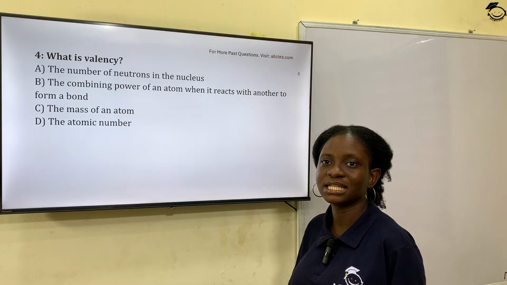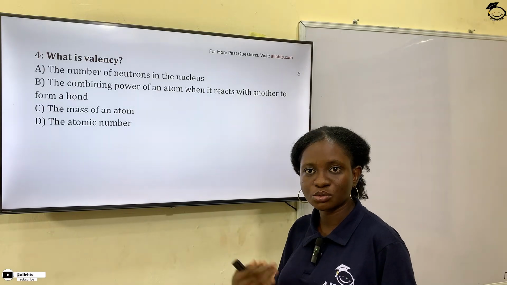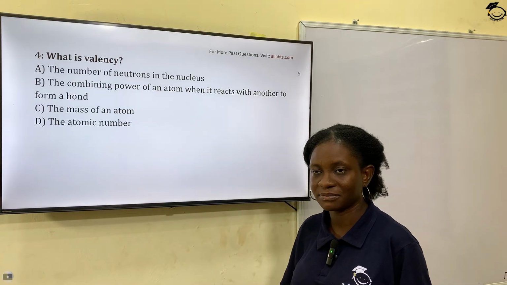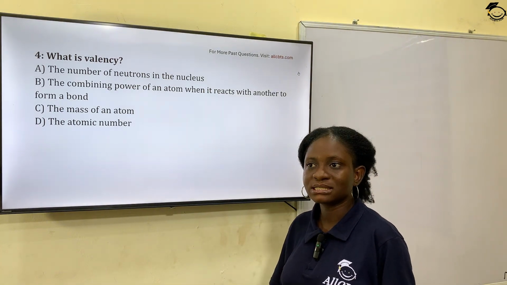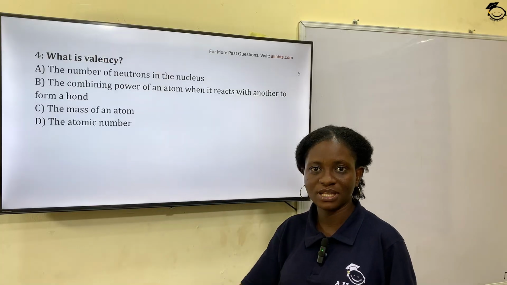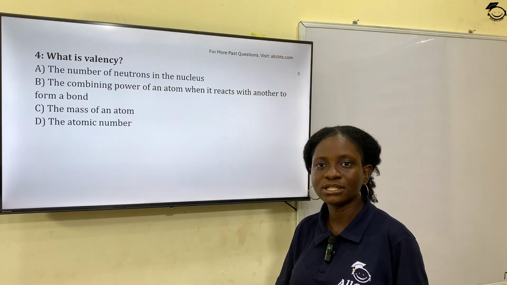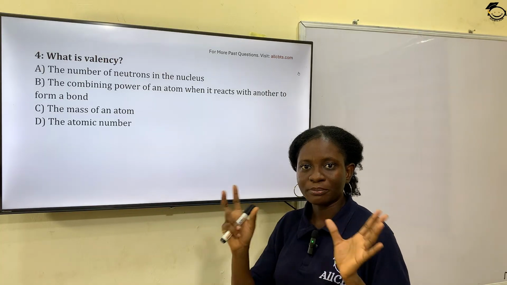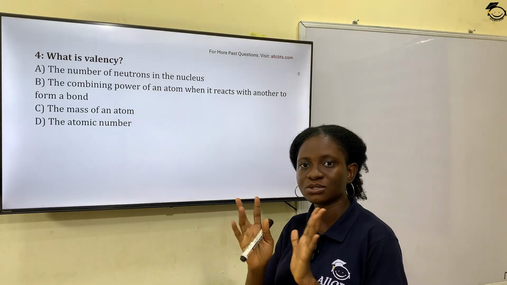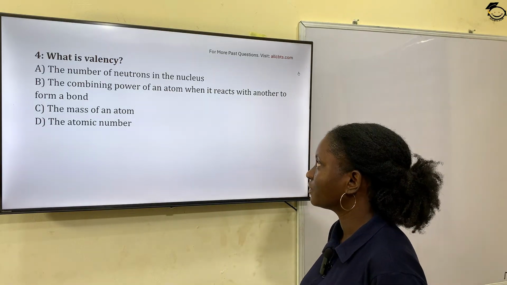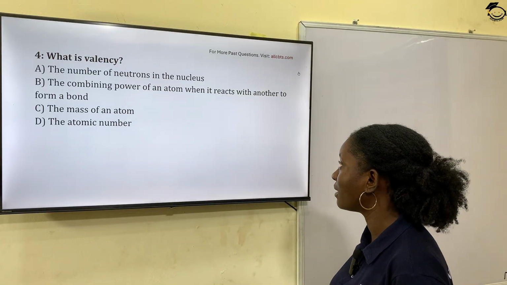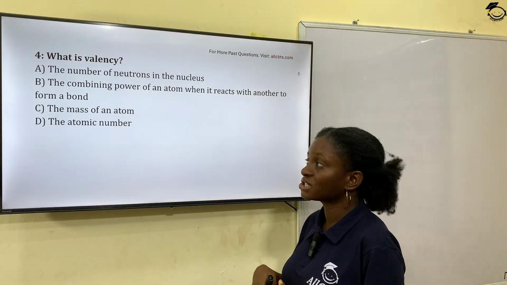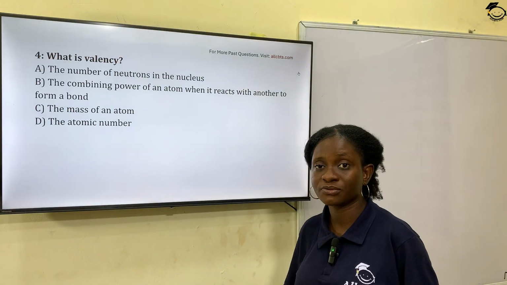That means there's a need for extra 2 intending participants. So bringing back to chemistry, valency is either a loss of electron or gain of electron to complete a particular number of electrons. So valency is the combining power of an atom when it reacts with another to form a